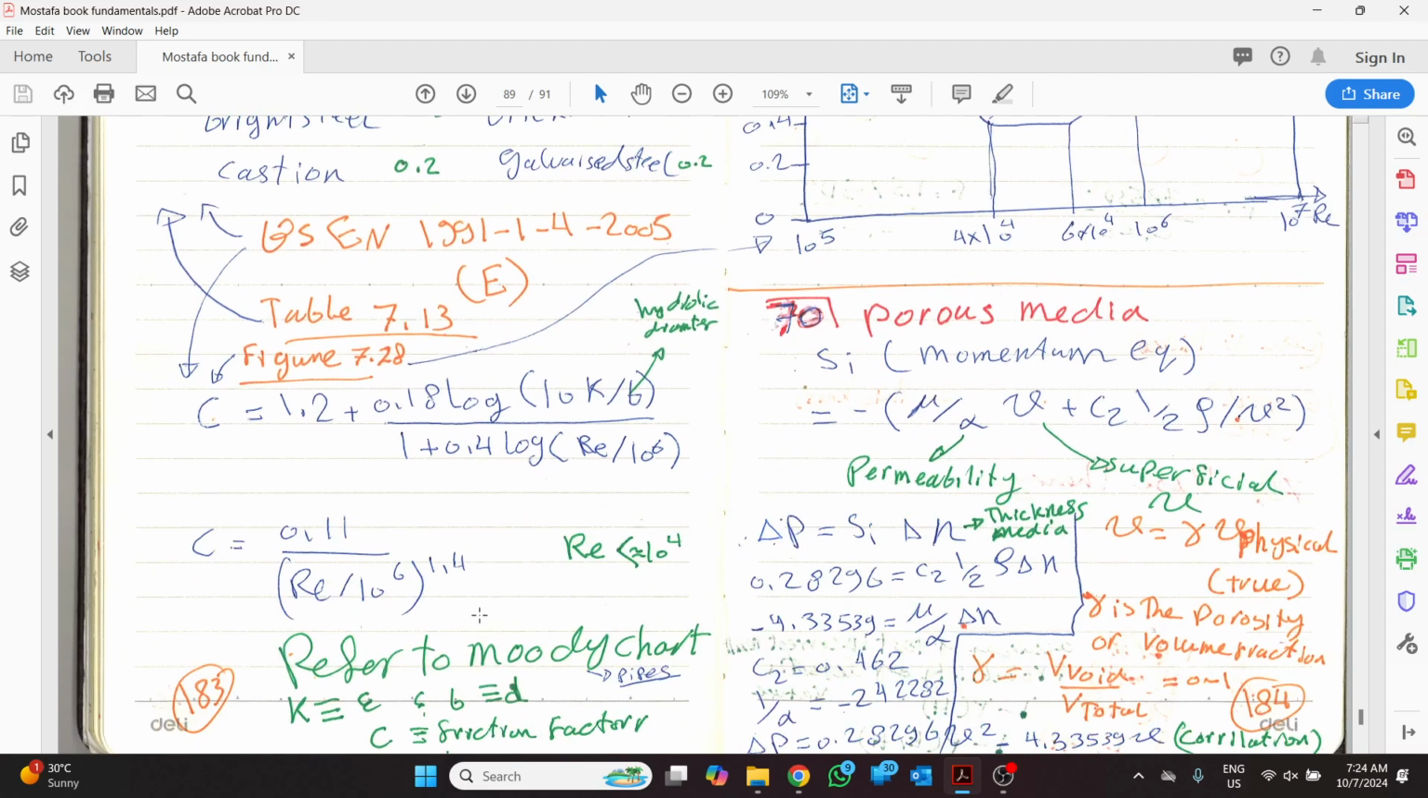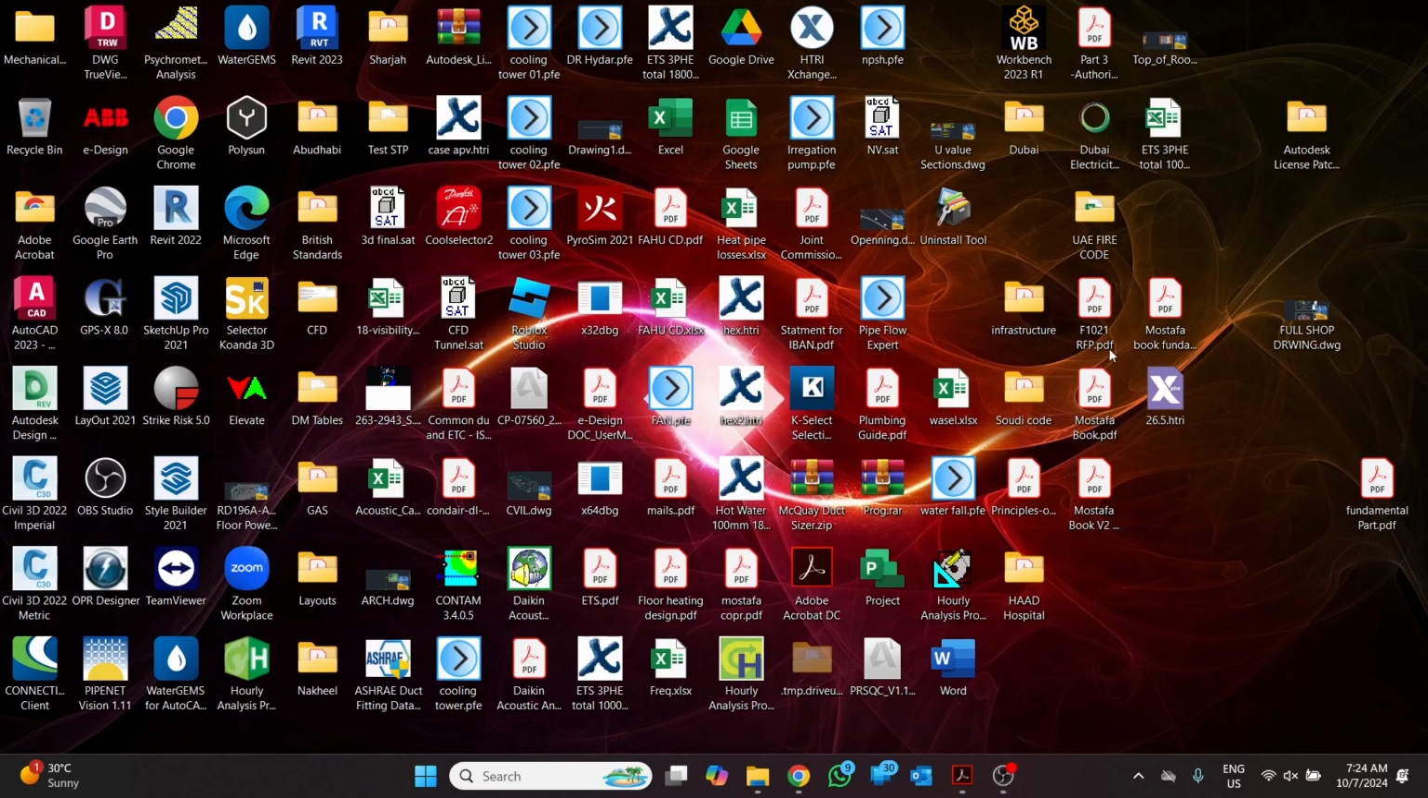Of course, if you are doing it in pipes, especially in pipes, you can refer to the Moody chart. The Moody chart is the same, by the way, but K is written in the Moody chart as epsilon, and B is written as D, and C is the friction factor. If you don't remember the Moody chart,